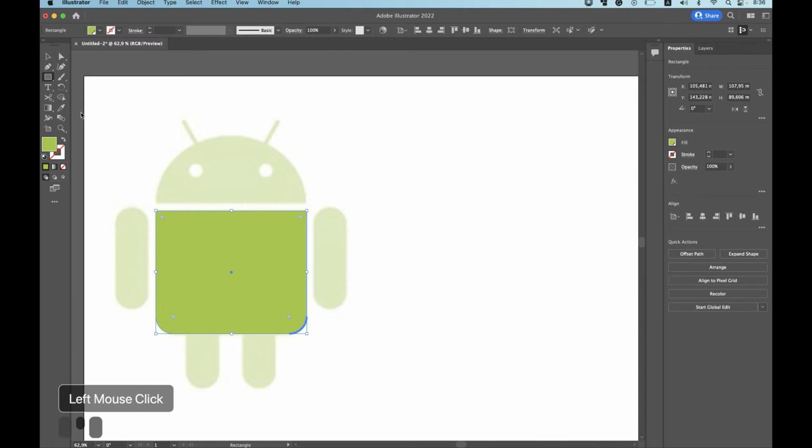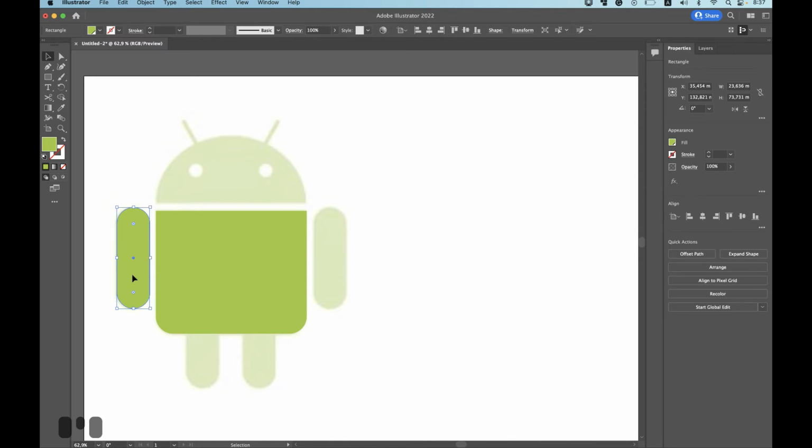Now let's make arms. Click on the rectangle tool. It saved our fill because we used this color with the last object. In this case, we can round all the corners. Let's just draw it, and we can just pull it towards the center. This is it. Press V to shift it.